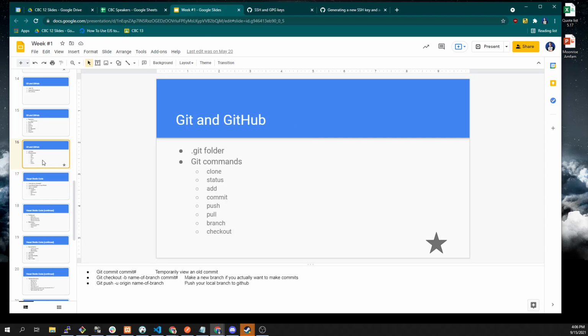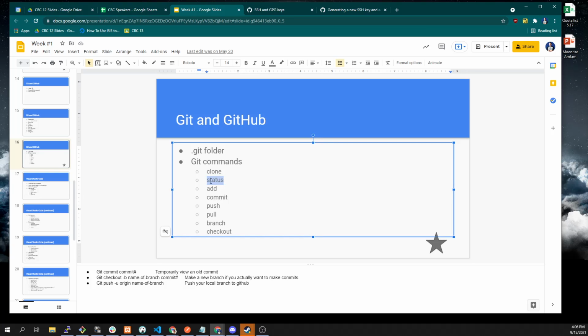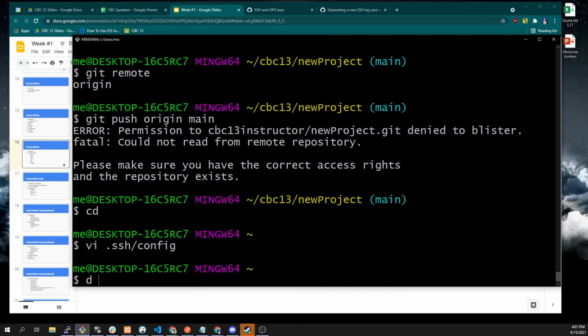Cool. Yeah, so yesterday we learned the Git program itself has a whole bunch of subcommands. We learned about clone, status. Status is the one that I think you should just get your fingers used to typing over and over and over again, because it's the safest command to make sure that you know what you're doing and that everything you're working on is available to work. Let's see if we can find a CBC13